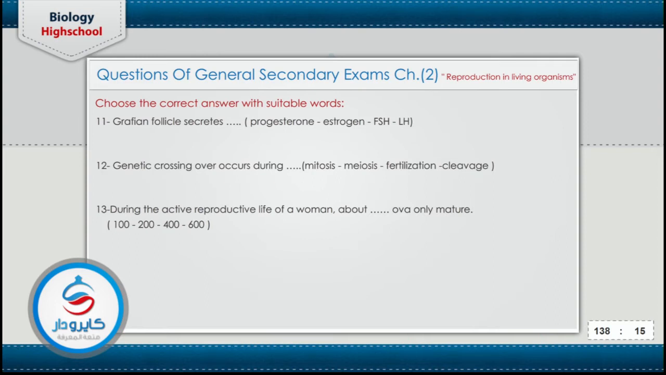But the next part is: the genetic crossing over takes place during mitosis, meiosis, fertilization, the cleavage. The answer is the meiosis division. We understand that the crossing over takes place during the